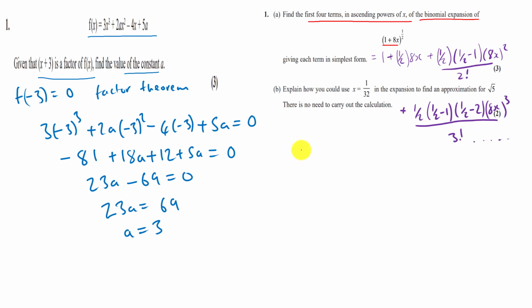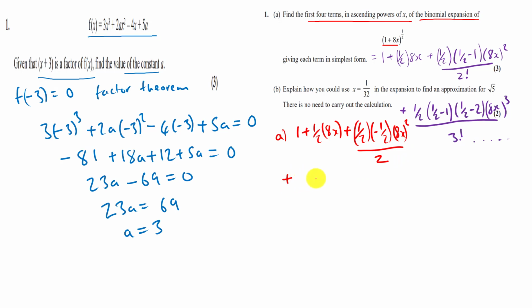So the first term is 1, plus a half times 8x, plus a half times minus a half times (8x) squared, and that's over 2 factorial, which is 2,